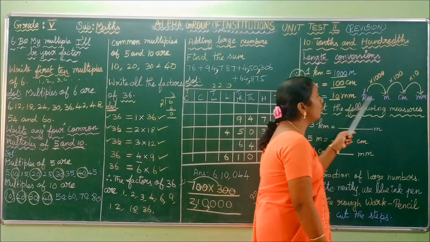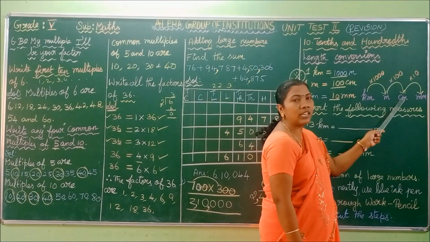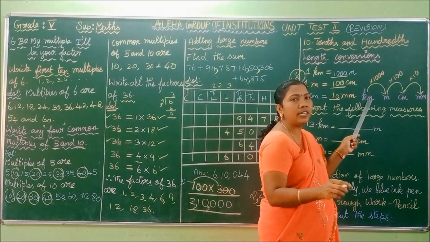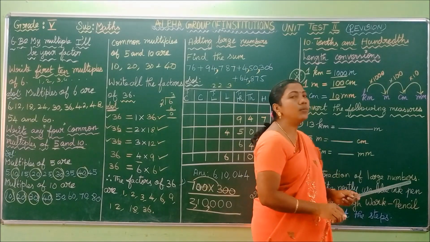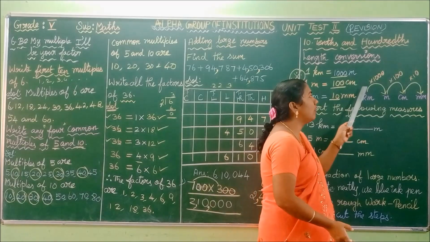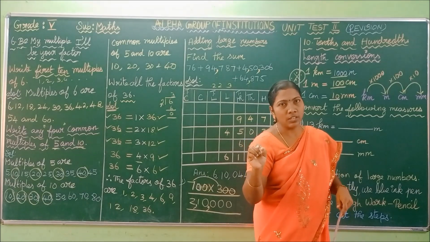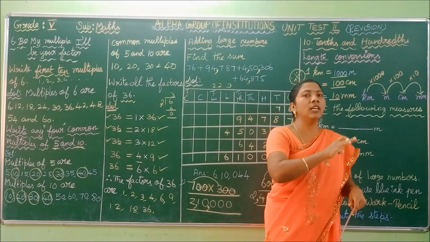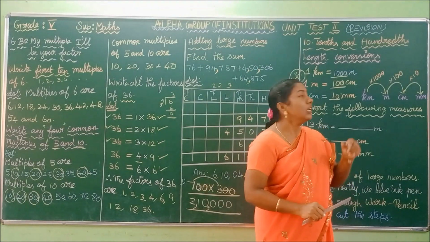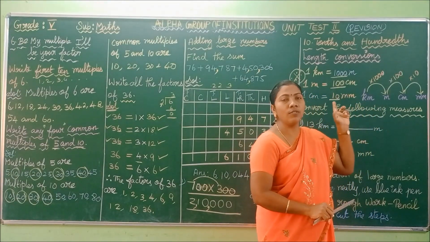Okay. Among these units, which is the highest unit? Kilometer, after that meter, after that centimeter, after that millimeter. So millimeter is the lowest unit and kilometer is the highest unit. In the problems we are converting the higher unit to the lower unit. So in order to convert the higher unit to the lower unit, you have to use the operation multiplication. Do you understand, children? If you convert the lower unit to the higher unit, you have to follow the operation division. Okay, we will see it later.